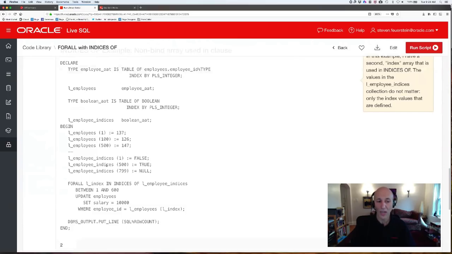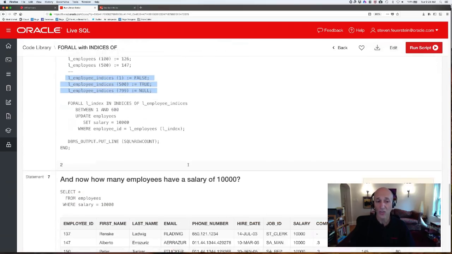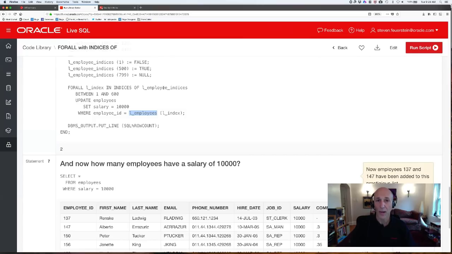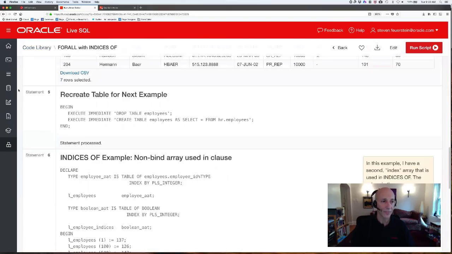So I have a separate collection in which I run the algorithm that populates whether or not this is an index that I want to do the update on. So basically, I'm constructing my list of valid indexes for my DML statement. And then notice, my bind array is different from my INDICES OF array. And it's going to cherry pick out of this list, whatever indices are defined, it will use as the index value here. So that gives you a level of indirection and sophistication for very complex algorithms. And alternatively,